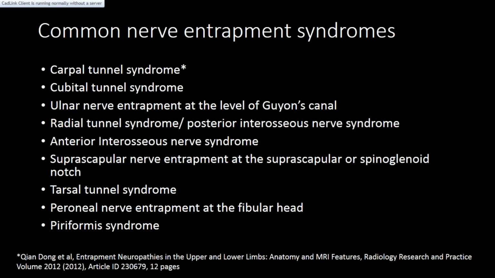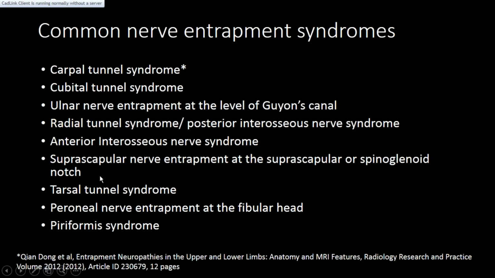So the most common entrapment neuropathy is carpal tunnel syndrome. There are other tunnels or narrow areas where nerve travels, and those spaces are potential spaces where they can get entrapped, like cubital tunnel syndrome, which is ulnar nerve entrapment at the elbow, or ulnar nerve can be entrapped at the level of Guyon's canal. Radial tunnel syndrome or posterior interosseous nerve syndrome, anterior interosseous nerve syndrome,